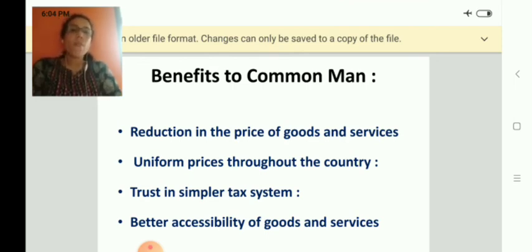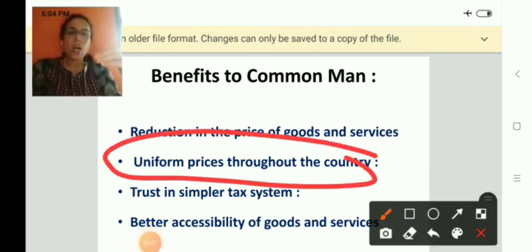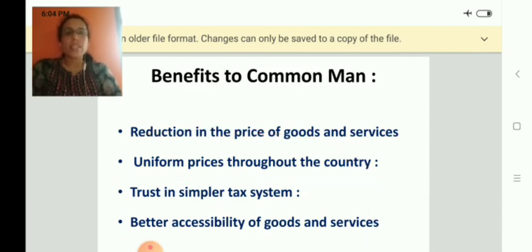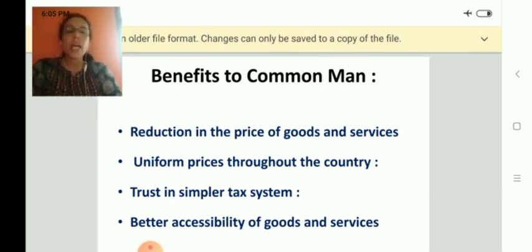Next, uniform price throughout the country. This point I have already explained, but I have written this point there also from the point of view of the nation. Here this point is added from the point of view of a common man. Trust in simple tax system, because everything is computerized, everything is done automatically, through an IT based system. Therefore, we need not suspect whether there is any loophole, whether there is more collection of tax, etc. Next, better accessibility